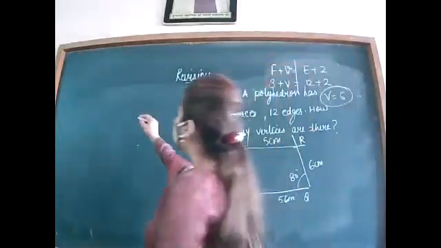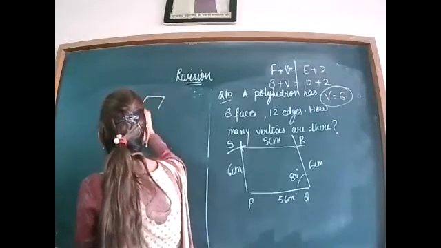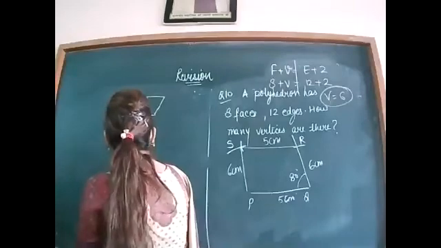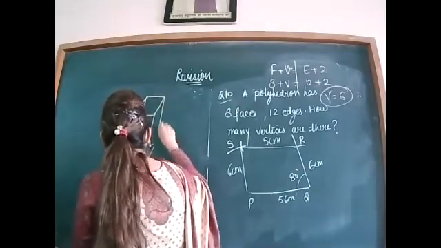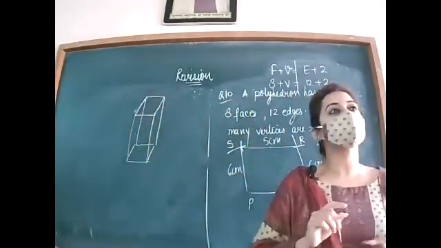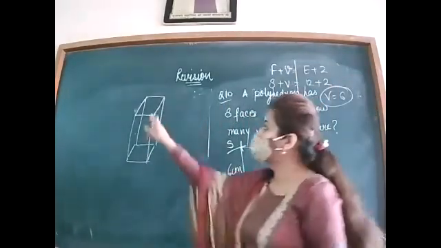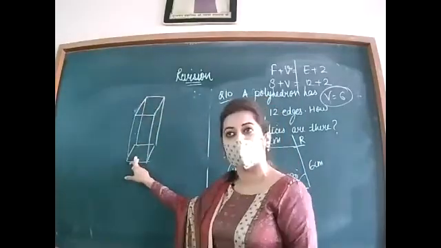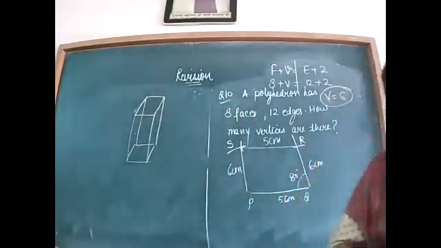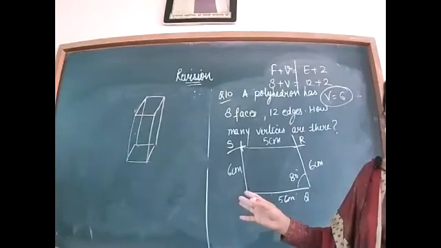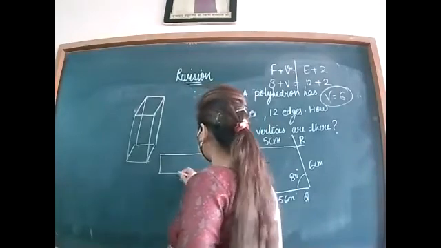Done this question. You will draw a square prism. In case of the square prism, you will draw a square on both sides and you will join them. Because you all know that a square prism is a cube or cuboid, you will draw a simple cuboid in the lengthwise direction, so that the upper face and lower face seem to be squares. Got it? Is it clear? So another name of square prism can be cube or cuboid. So you will draw a cuboid. Don't get confused. You can simply draw a cuboid in this manner, in a horizontal manner also, like this.